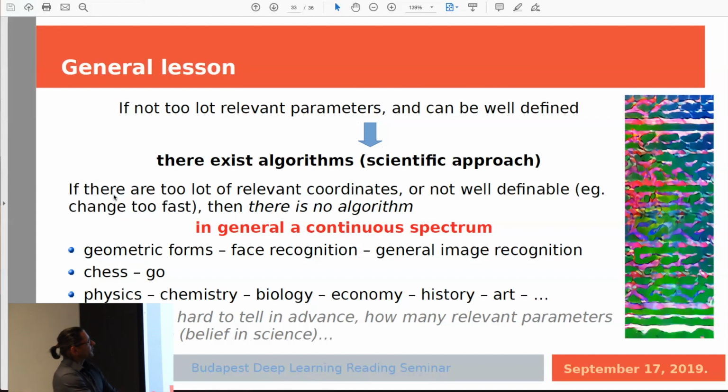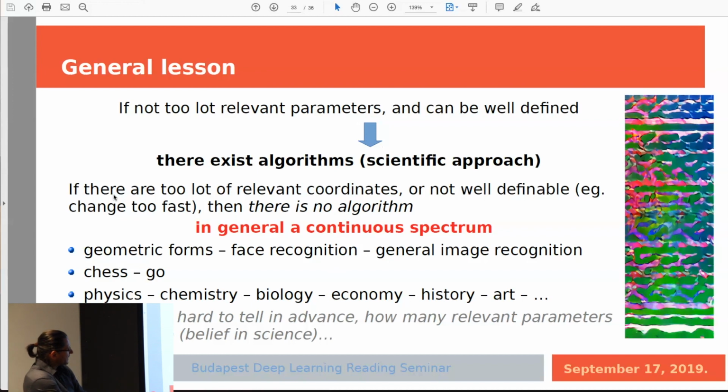But if there are too many relevant coordinates, or these are not very well definable, for example, they change too fast, then there is no algorithm. There is no algorithmic approach, no scientific approach. And actually it somehow makes a constraint on the application of science, just in parentheses. But in general, there is a continuous spectrum of impossible and absolutely possible